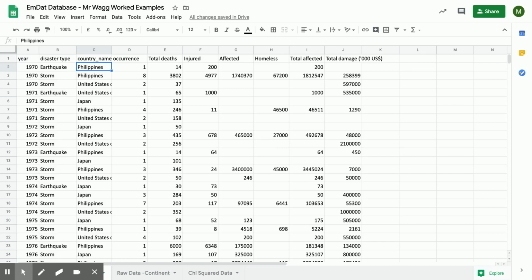So the objective of this first tutorial is to start getting to grips with some of the basic principles and skills we need to be able to manipulate and use a spreadsheet properly. Here we've got our raw data we've downloaded from the MDAT database, with the various different headings and different data types that we've collected. What we want to do is start formatting this so that it's easier to read, easier to understand,